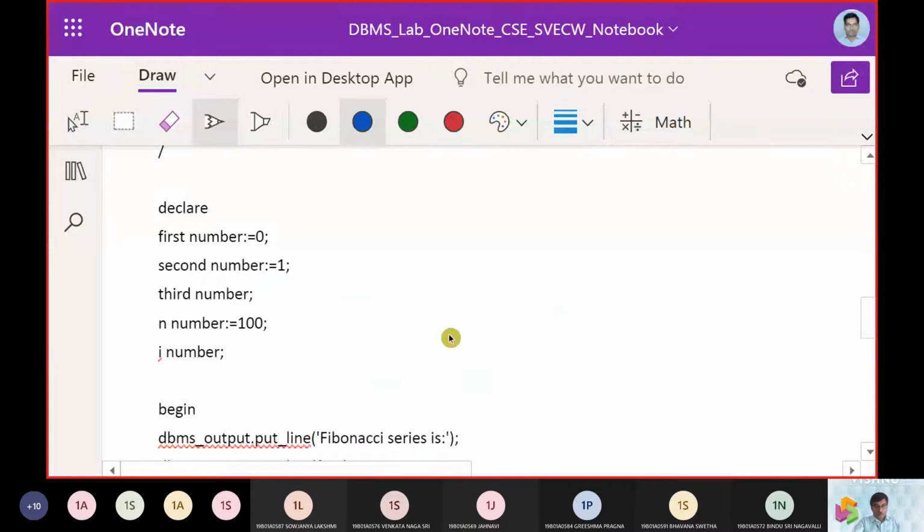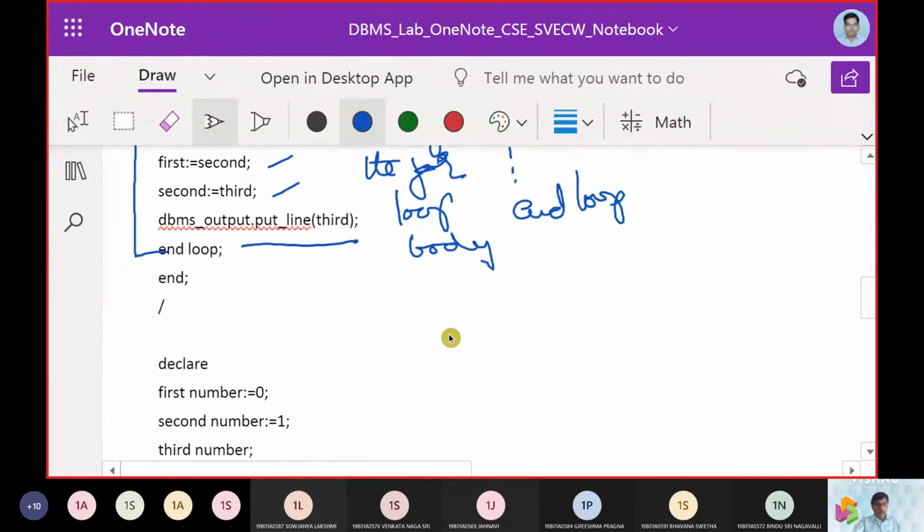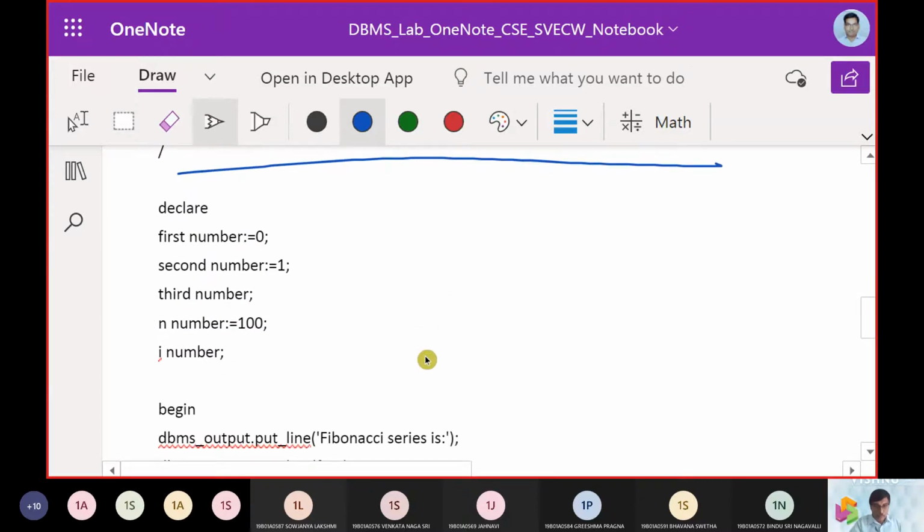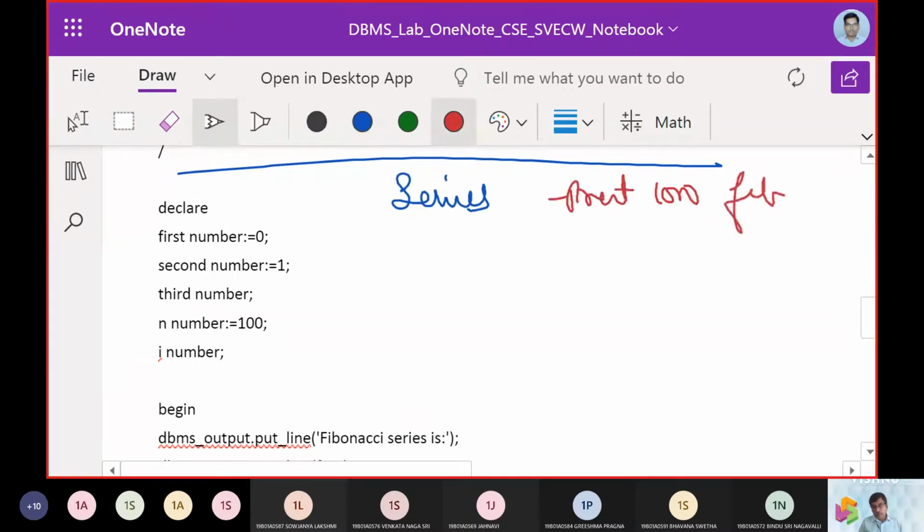Now this is the first program. Now let us look into the series program. So what is the series here? I want to print 100 Fibonacci numbers, so that's the reason I'm going to give the value n as 100.